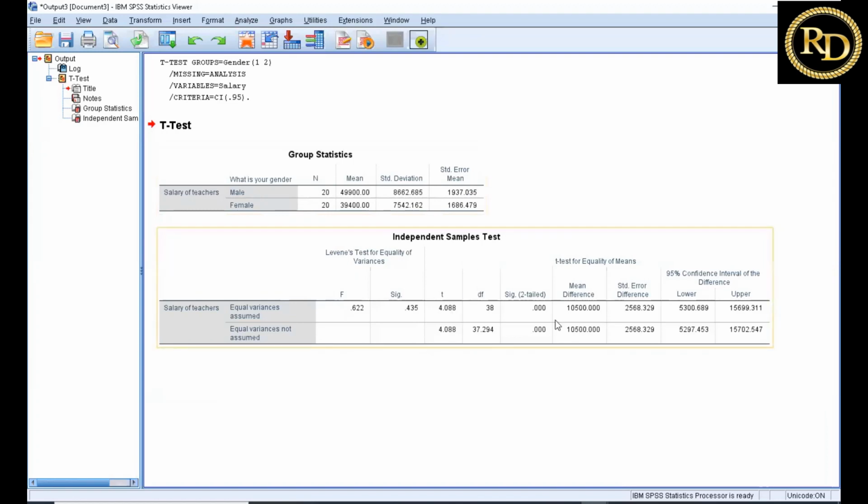Now we come to the independent sample t-test. First we will see the Levene's test. So the p-value for the Levene's test is 0.435, which is much more than 0.05. So the data coming from the two independent populations, or the two independent samples, have the same variance. So since the equal variance assumption is satisfied, we will consider this line, and we will see this